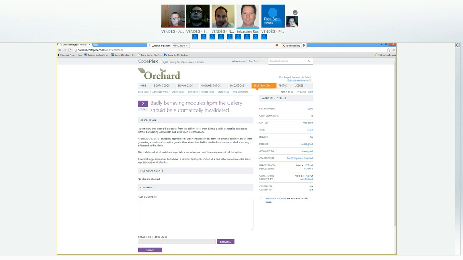So badly behaving modules from the gallery should be automatically invalidated. So this is about two kinds of badly behaving. There is the bad behavior, like malware or things like that. That's an issue because that's a security risk. That's just about a module that just happens to not work on 1.6. Yes, and there is this one,